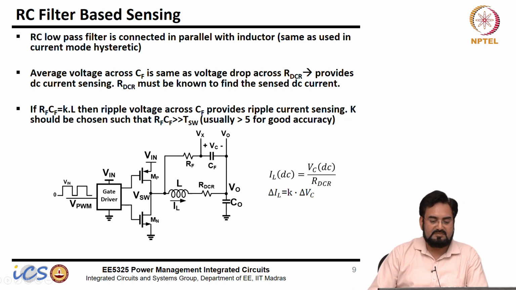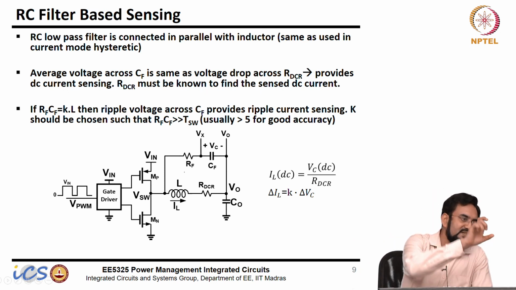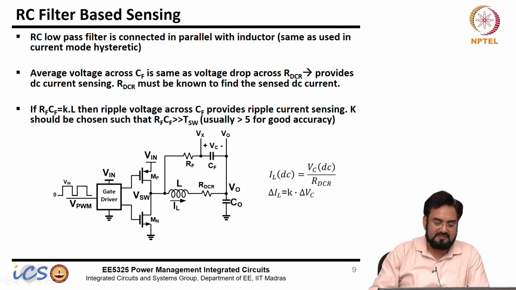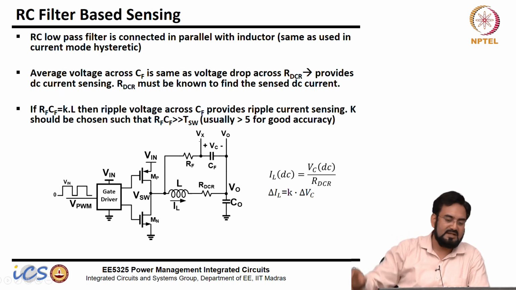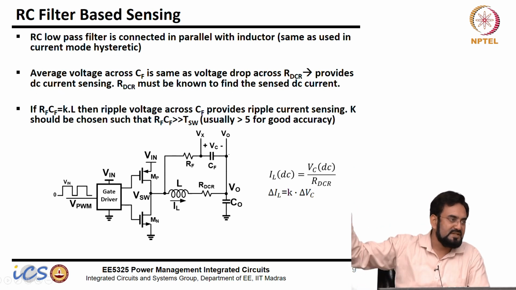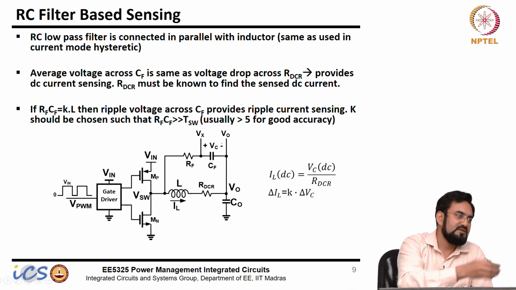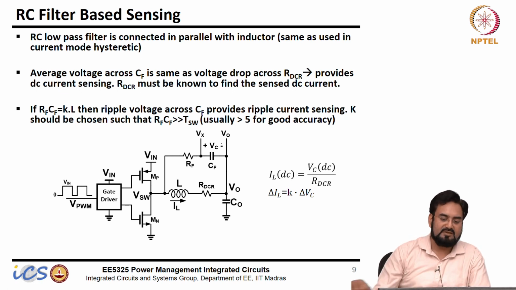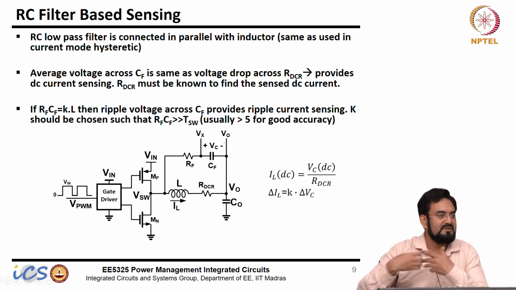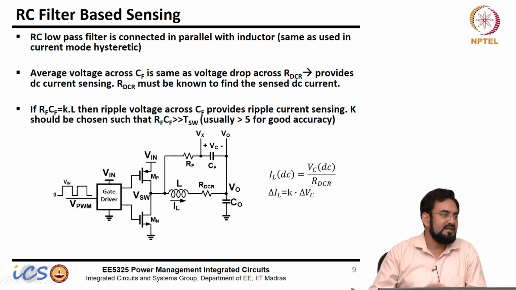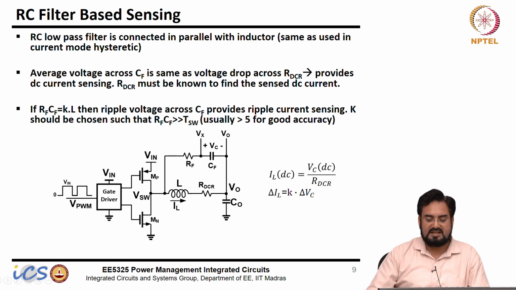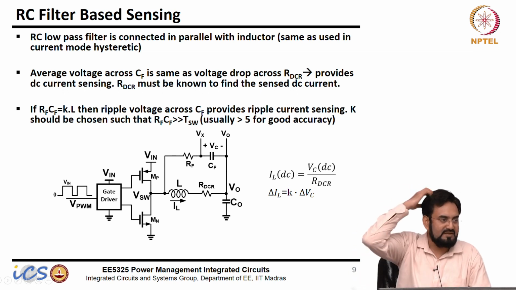So, when you do Vx minus V out, you have both the components, you have a ripple, because if you measure at Vx, it is a triangular waveform we looked at, and V out is pretty close to DC. Now, if your Vx is much larger than V out, that was the condition for your current mode. Here also, you cannot keep Vx too small, otherwise your V out ripple will basically kill this voltage and you cannot get any information. So, you want to make sure that this is large enough. Okay. So, this delta L will have a k times delta Vc. K times is nothing but depending upon how you choose the RC time constant compared to this, that will give you a k factor. Okay.